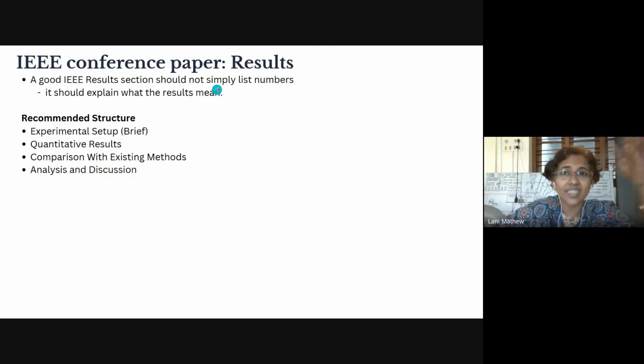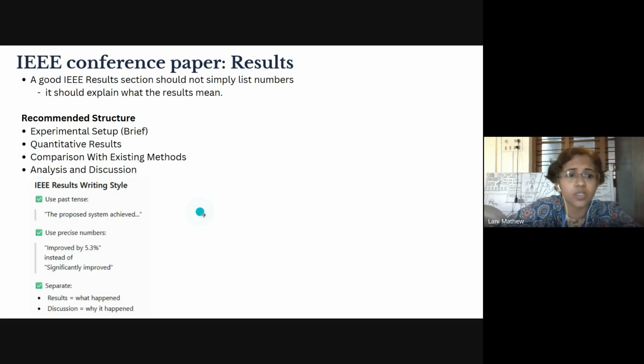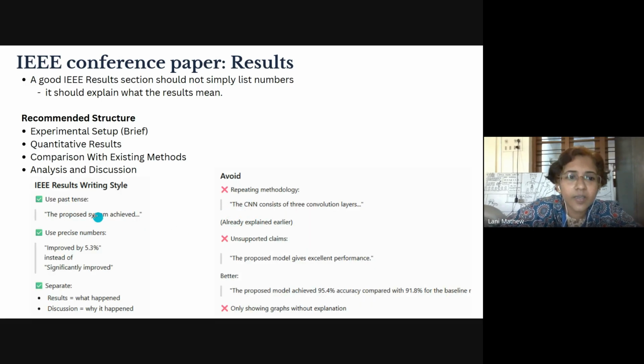Then the next section is results. A good IEEE results section will not simply list numbers. It should explain what the results mean. Keep your experimental setup brief, because in the methodology section you've already mentioned it in detail. But still, when you start, it's good to mention something about the experimental setup. Then go on to the quantitative results like tables and figures. So in the results, now in each place,